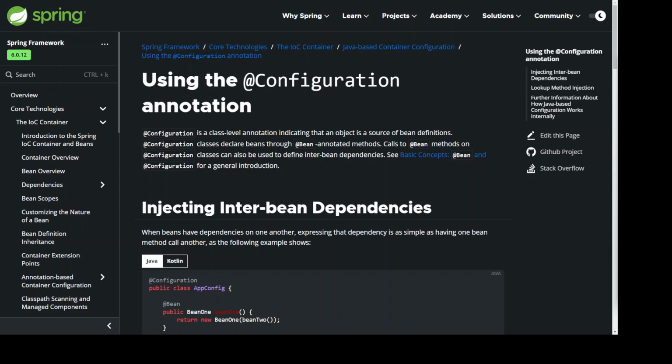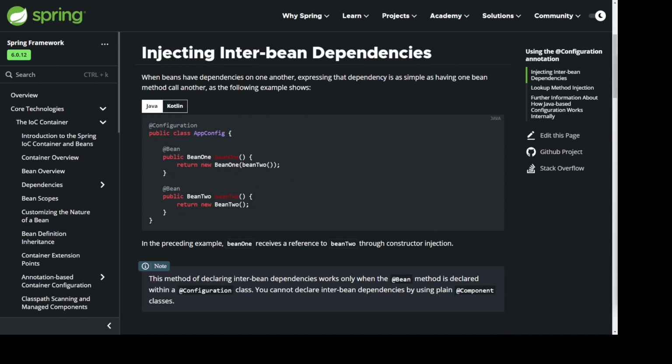Injecting Inter-bean Dependencies. When beans have dependencies on one another, expressing that dependency is as simple as having one bean method call another, as the following example shows. @Configuration public class AppConfig { @Bean public BeanOne beanOne() { return new BeanOne(beanTwo()); } @Bean public BeanTwo beanTwo() { return new BeanTwo(); } }